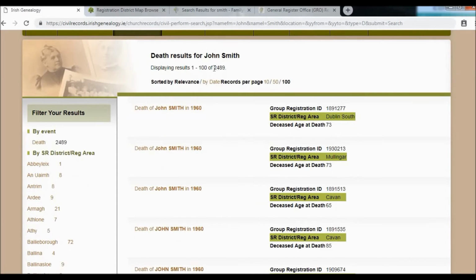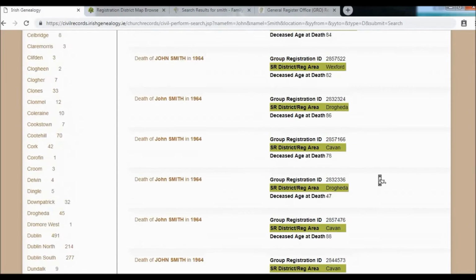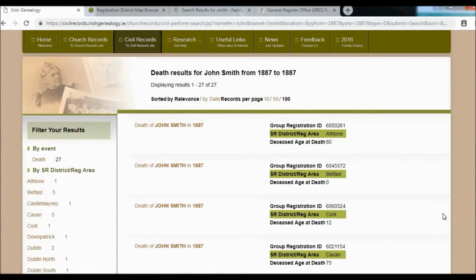So again, we've got 2,489 deaths for John Smiths, covering all of Ireland, covering all of the registration districts. So we're going to have to narrow this down a bit. So we'll narrow it down by year. So our John Smith, we know, died in 1887. So I put in 1887 and we'll search for that. So now we've got 27